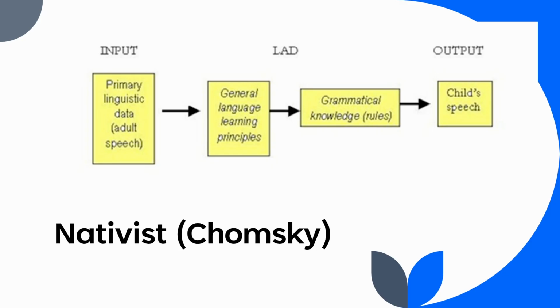The nativist theory helps explain the speed, uniformity, and rule-governed nature of language acquisition. However, it has important limitations. It minimizes the role of input and interaction, even though research shows caregivers actively shape children's language through modeling and responsive interaction. The theory also focused primarily on syntax or grammar, offering limited explanations for how children acquire meaning, sound patterns, or pragmatic skills. Finally, a strictly biological view raises concerns for intervention, since we know that language abilities can be supported and improved through teaching and experience.